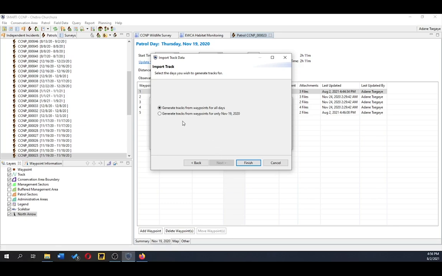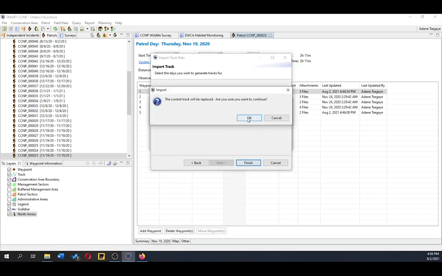So generate the track from waypoints for all days, if you have a patrol which has a duration of more than 1 day, or just the tracks for this day. In our case we only have one, so we choose the date we have,